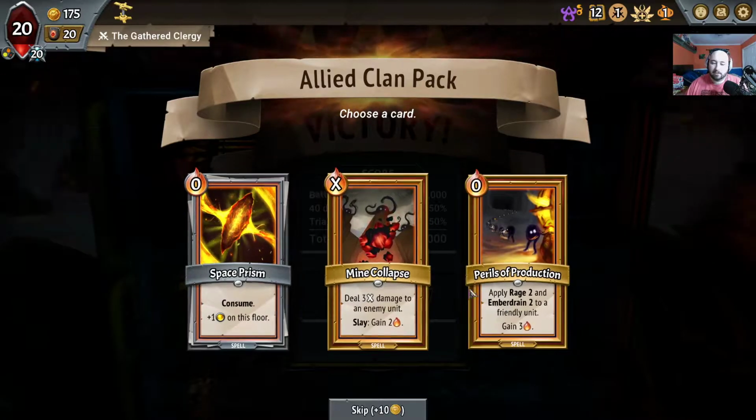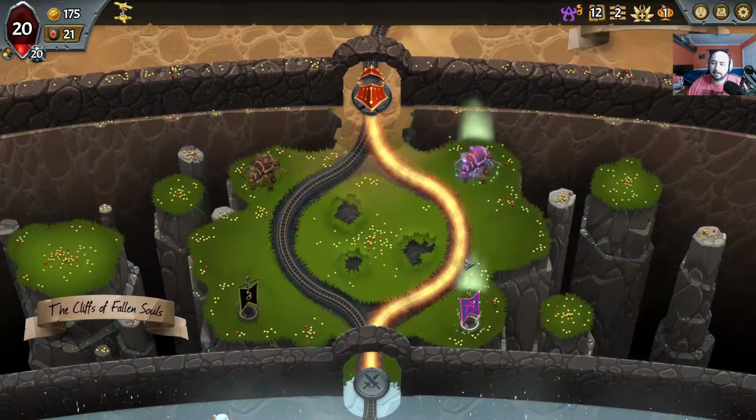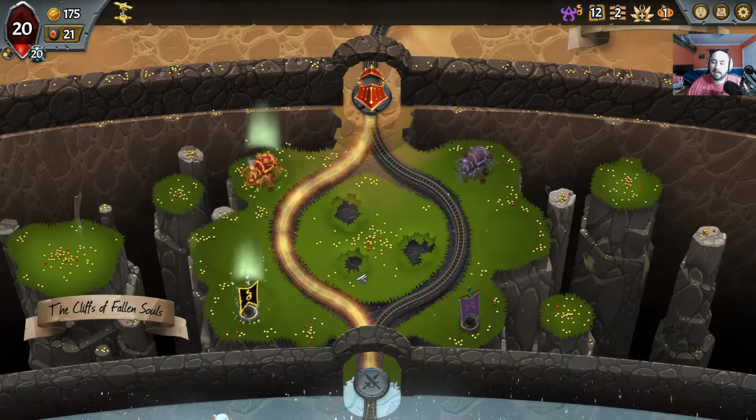Actually, all of these are really good. Let's do a Mind Collapse. If we can add some power onto that Mind Collapse, it may be good. So we want to go towards guys. We got two different guys. Let us...